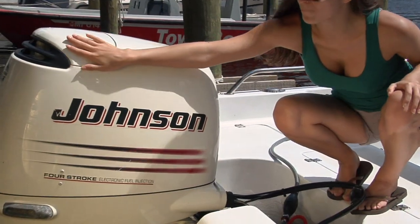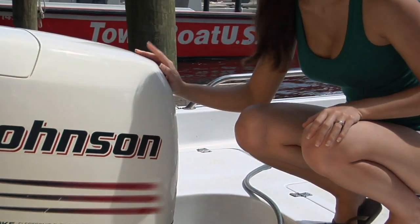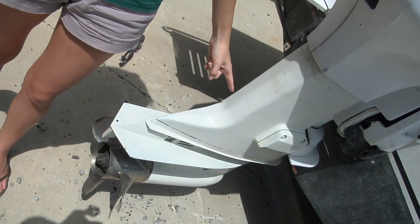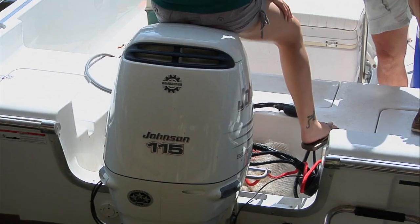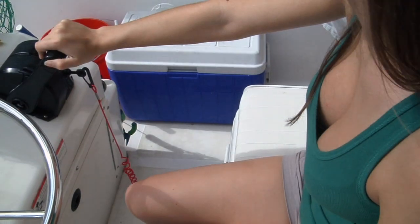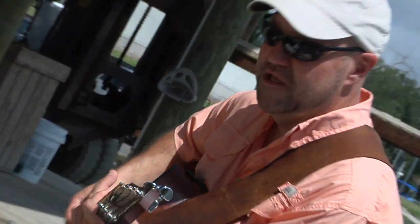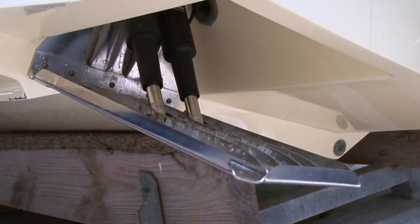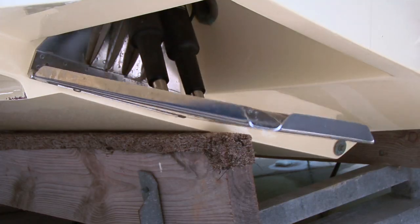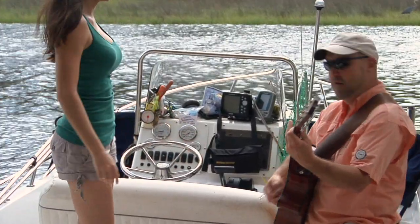She said, "Skipper, I'm really impressed with your power head, but I think something's wrong with your lower unit, because I don't feel anything." I said, "Baby, there's nothing wrong with my lower unit. The reason why you don't feel anything is because you didn't set the trim on it." She said, "I gotta do that?" I said, "You betcha." So there she was, she set the trim on my Johnson,